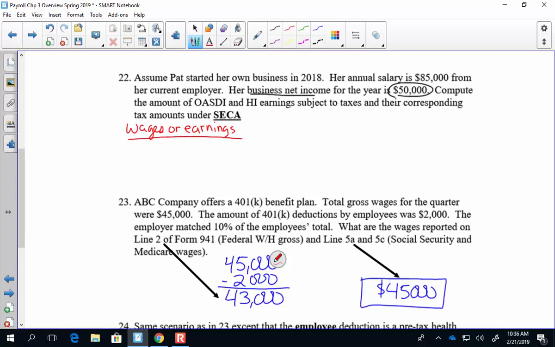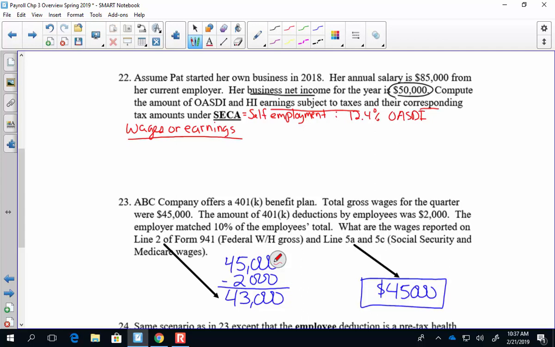And then, what tax rate are we going to use, right? So here we're looking for earnings subject to their taxes and their corresponding tax amounts for self-employment. That's what SE means. So this is for self-employment computation. Now the SE rates are the 12.4% for Social Security